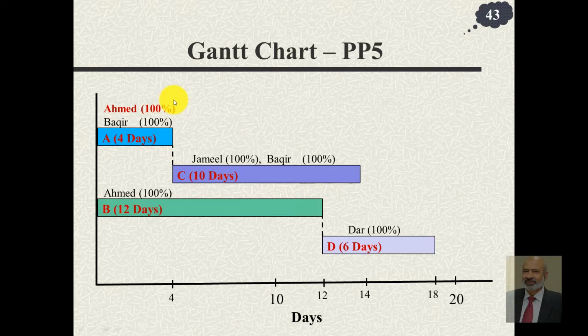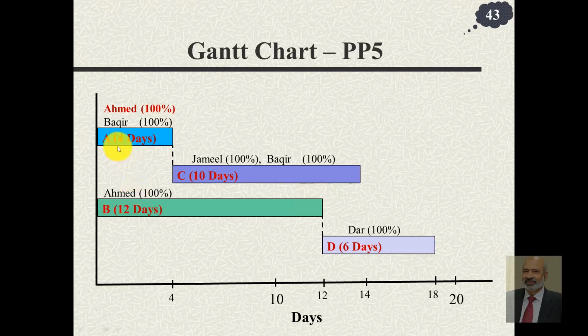In order to do that, we can either shift this activity or we shift this activity. If we shift activity A and start it after B is completed, it will be a disaster because the project duration, which is currently 18 days, would become 12 plus 4, because this A would come here, 12 plus 4 plus 10, then that will be 26 days. So that would be a disaster.